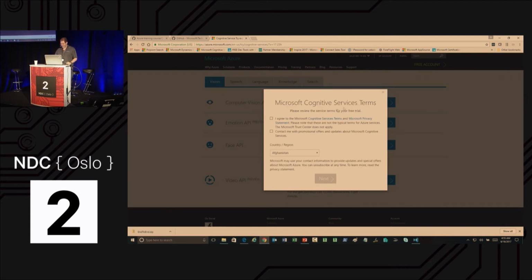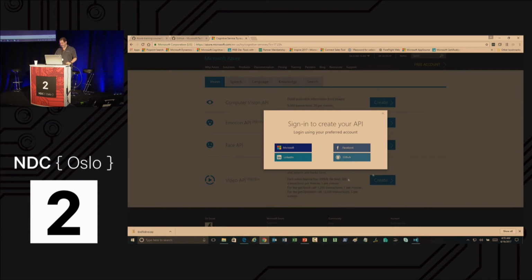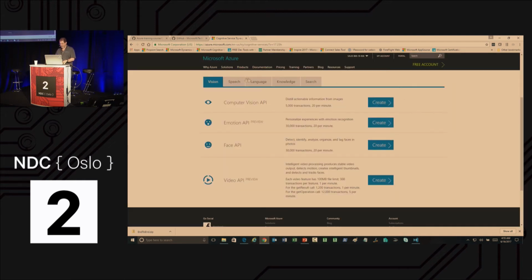It's going to ask me to log in. I'm not going to bother, but you don't even have to create a new password. You can use your Facebook one or LinkedIn one. And then it just gives you a free account for a while and gives you an API key as part of it. It's a very simple screen. There's not much to do. But then you can start playing with it without having to set up any kind of Azure account. So I'm not going to do this.